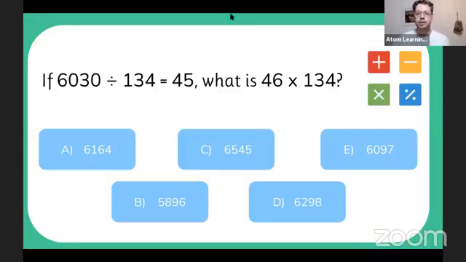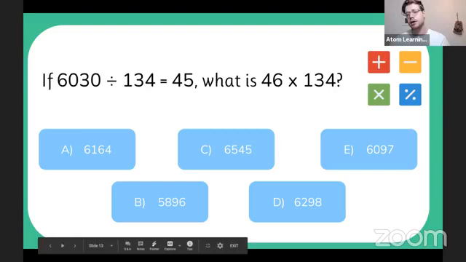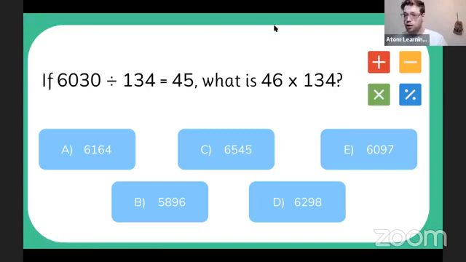Right, next up. So this is another one that causes a lot of problems. These questions are super common. They come up, they're pretty much guaranteed to be one of them. And what we need to do here, I'll give you a second to have a think. Let me know what you think the answer is. This one takes a bit longer to explain, so I'm going to start talking through it.